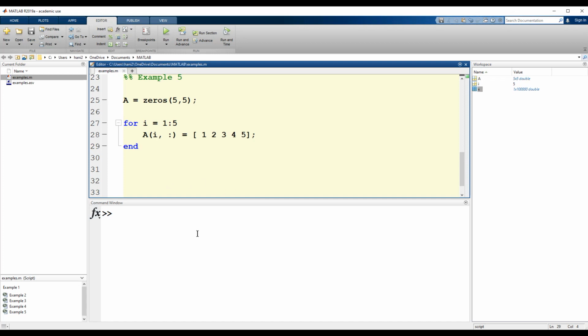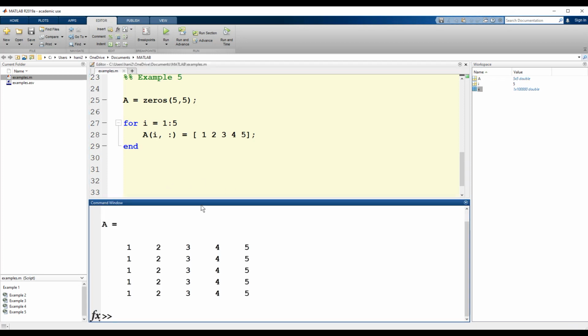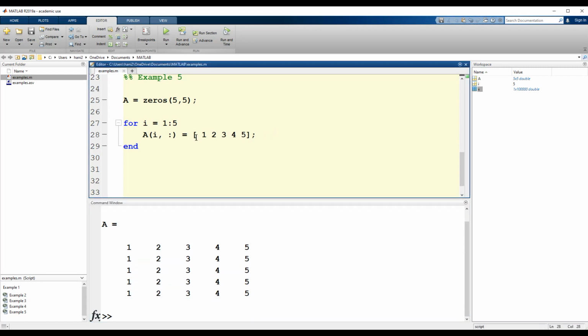Run section. So A. But what if we want to change this line and this line and this line and this line dynamically? And instead of having this, we can just add an index j. And we want j to move also from 1 to 5. Okay, so we can say for j from 1 to 5, and then